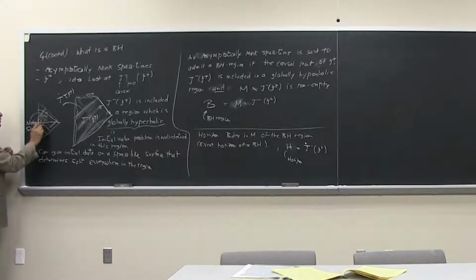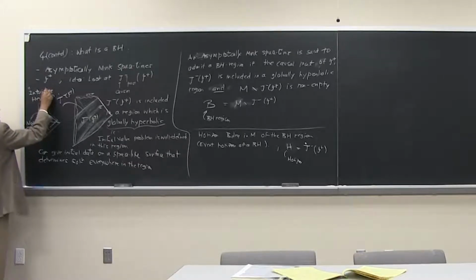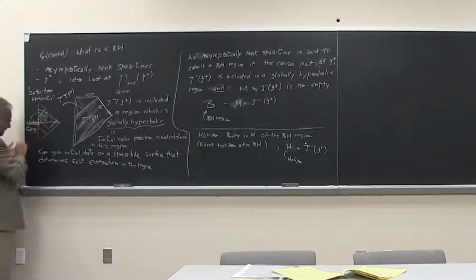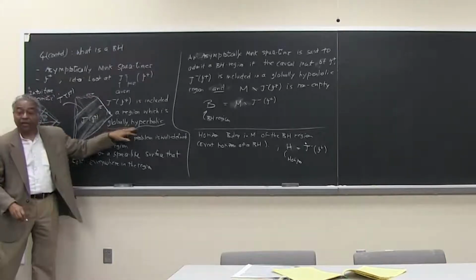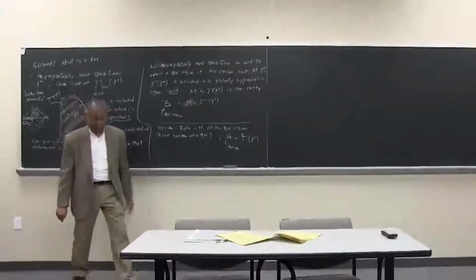If I did not have that region, then, since Einstein's equations and Maxwell's equations are hyperbolic, if I give myself data here, I'll get data here. I should emphasize that this is all an intuitive, heuristic argument that I'm giving up here. The reason is that I don't want to spend too much time on exactly what globally hyperbolic means and so on, but just to make you at ease that yes, we did need some such condition.